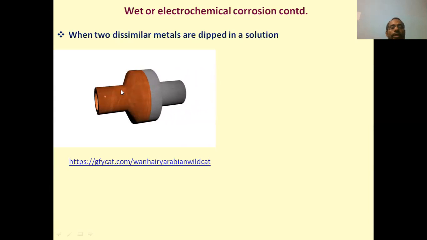So now if you look into this, it undergoes corrosion when both are connected. And where is the solution here? At the joining place, the electrolyte is there. It may be aqueous, like water vapor, or any water. So when two dissimilar metals are dipped in a solution or come in contact with a conducting liquid, then wet corrosion takes place. Okay, for more details you can refer to this site.